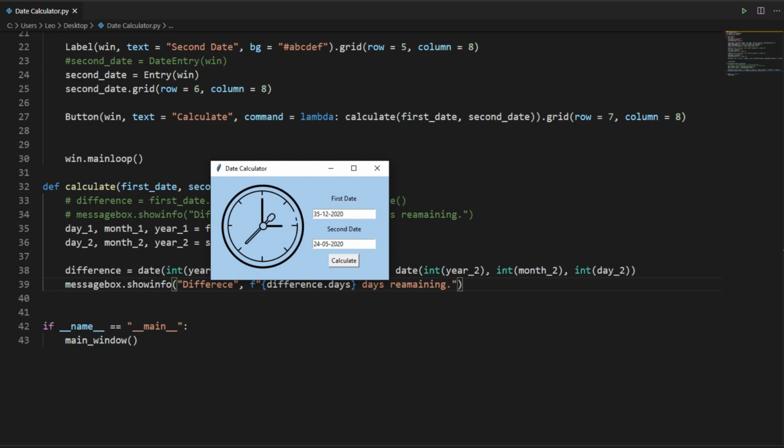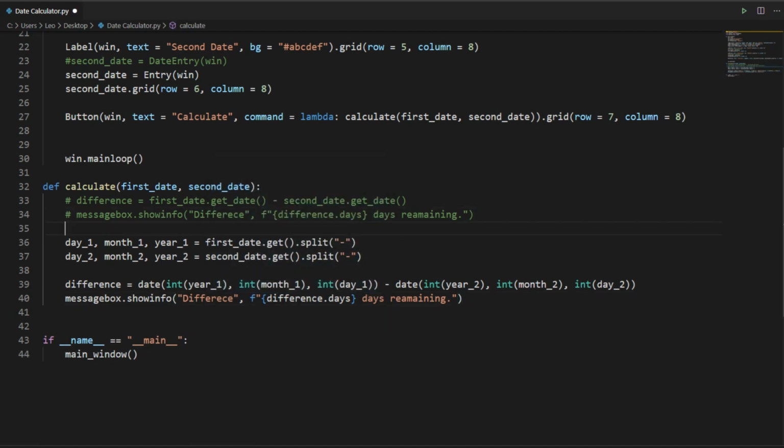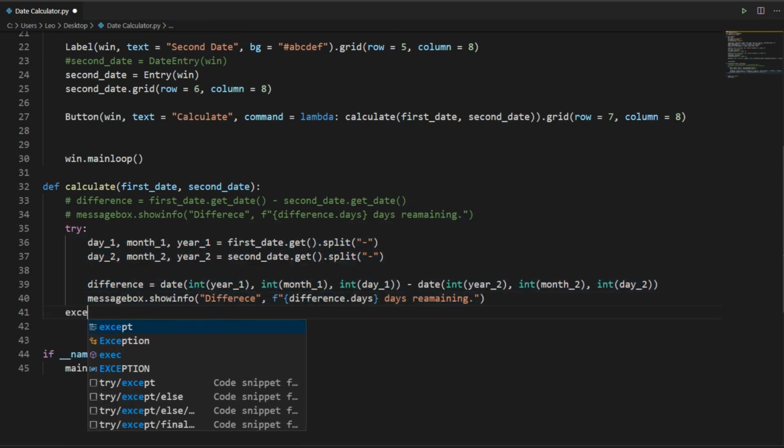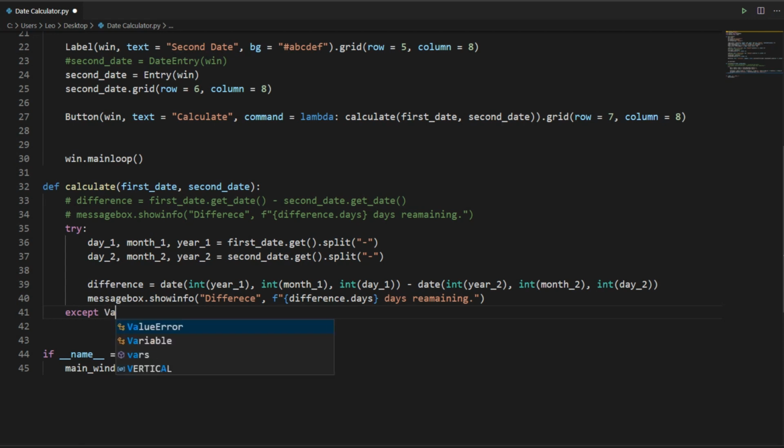Let's say if I make some mistake over here and I type this wrong. Let's say I type 35 December and click calculate. It will not do anything. It will just generate the error. So we need to handle that error as well. We can simply do that by trying to calculate the difference in days. If it raises an error, we'll just handle that error using our except block.